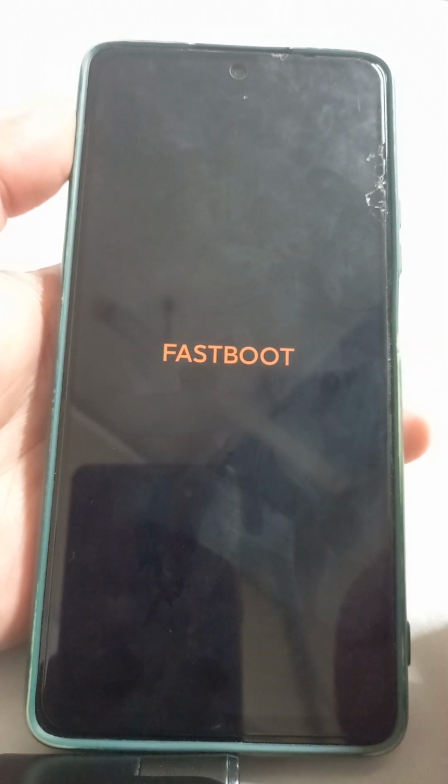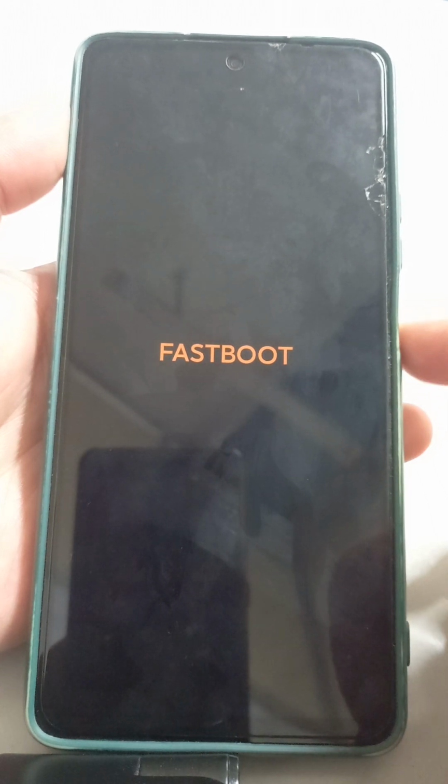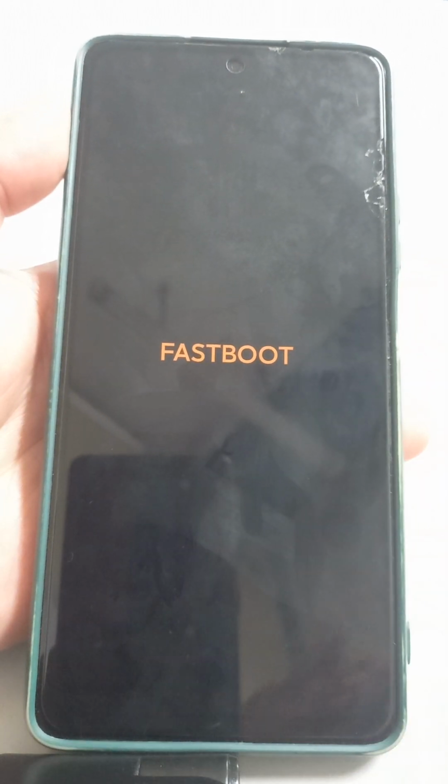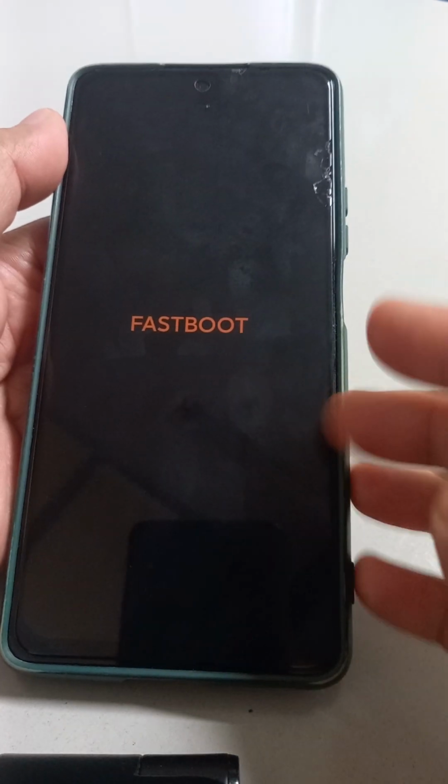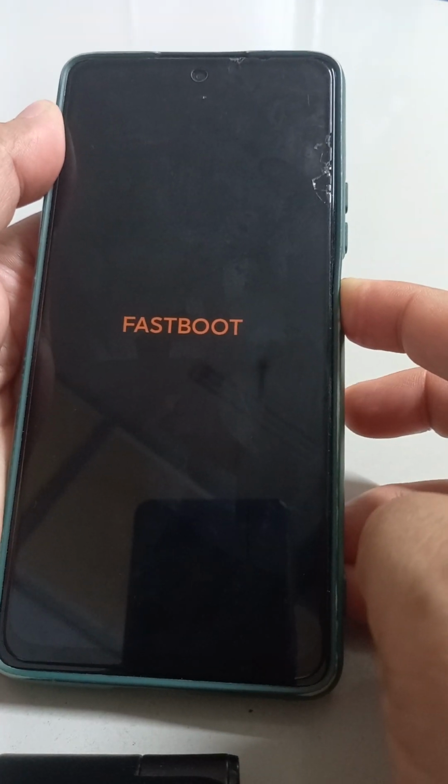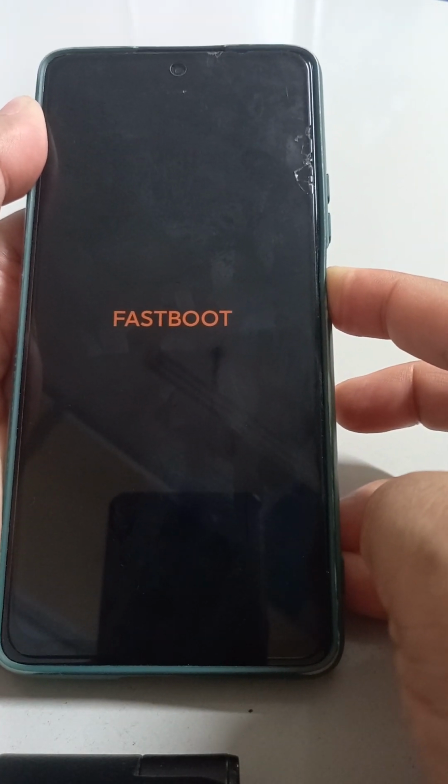First method: this is the power on button, this is volume plus, volume minus. This power on button you have to press and keep it pressed for more than 14-15 seconds. So just keep it pressed. Now what will happen, see,